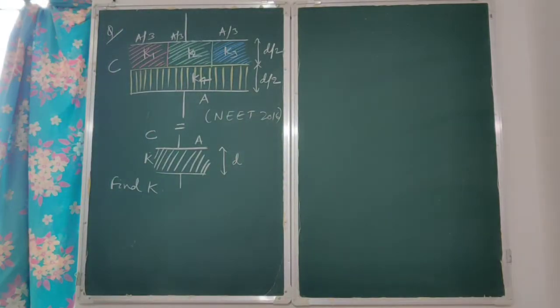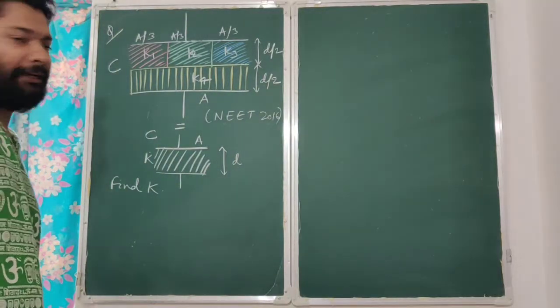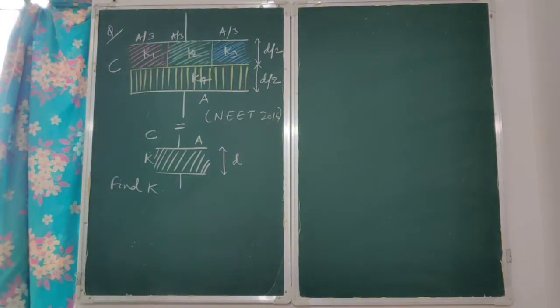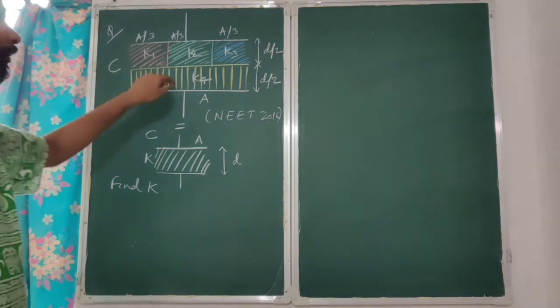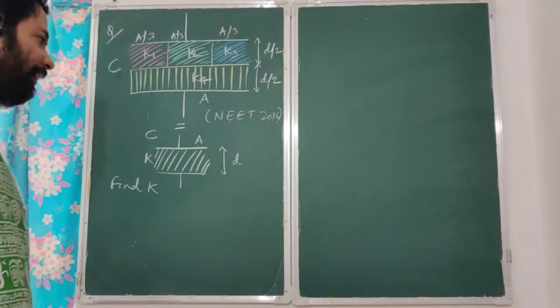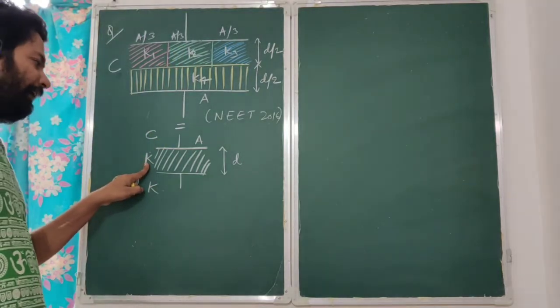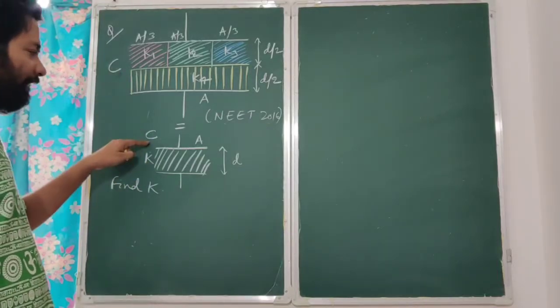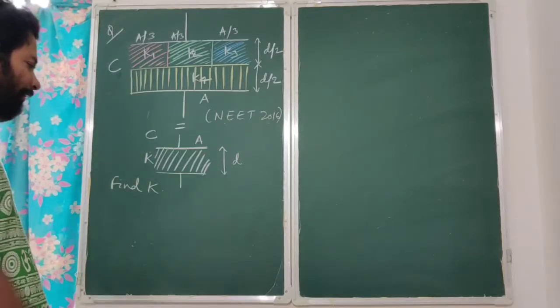Let's see this question. Very important model from both Mains and NEET point of view. So there are different dielectric materials which have been kept in a parallel plate capacitor, and you can see different specifications are given: K1, K2, K3, K4, A by 3, D by 2. Let us say the equivalent capacitance of this capacitor is C. Now, if you are replacing all these 4 dielectric materials by a single dielectric material of dielectric constant K, then the capacitance C is not changing. So they are asking what can be the possible value of this K.